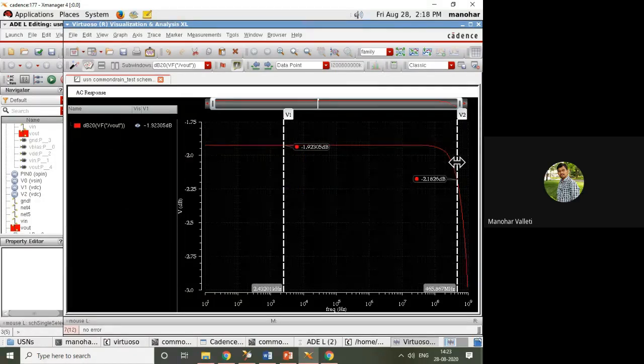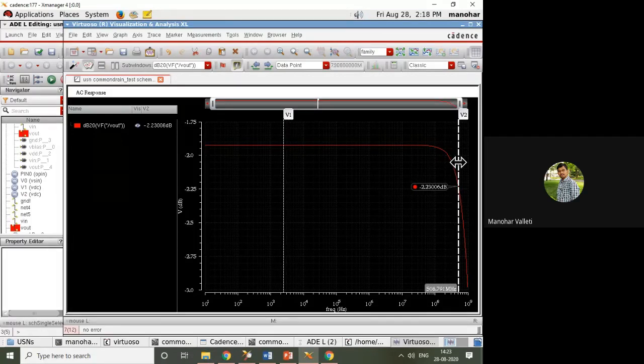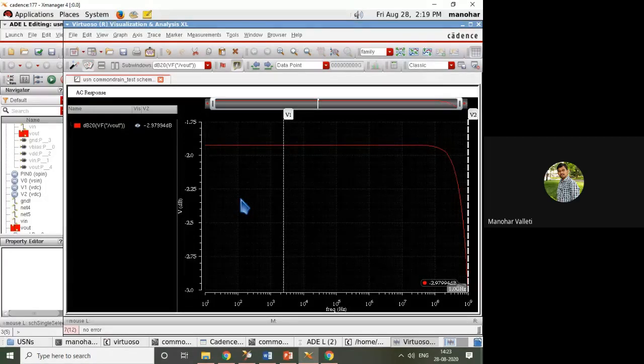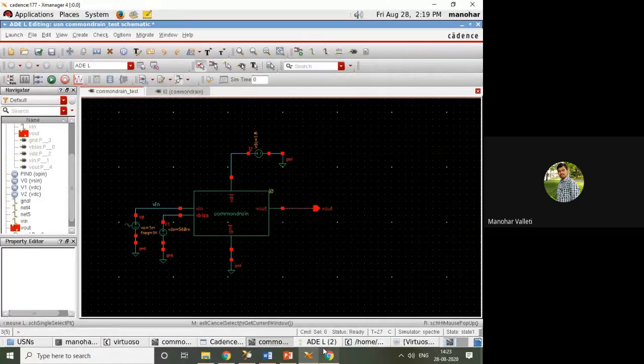Anyhow, bandwidth you need to check, but I'm just showing here as this is not the amplifier, it's just a buffer circuit. So if you want to check, you have to go to minus 4.9. Anyhow, it is not there here. Minus 2.9 only there. Anyhow, the bandwidth checking for common drain amplifier is not necessary, but for common source amplifier, you will check the bandwidth. So these are the things to be verified for an amplifier. So these things only we discussed for the common source also.